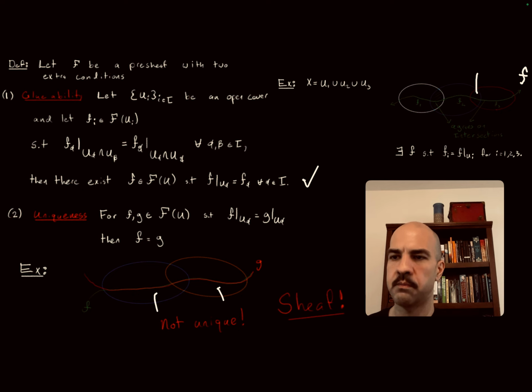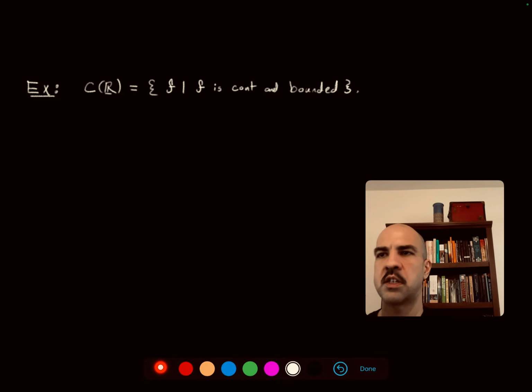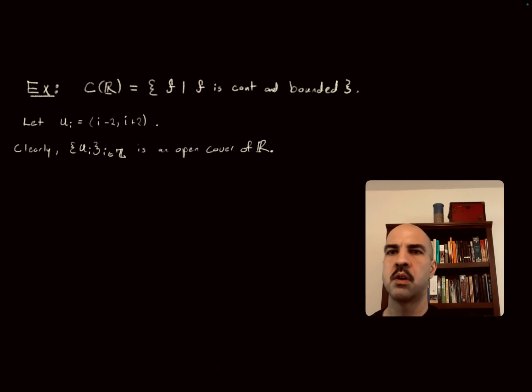And this is a sheaf. We have a pre-sheaf that obeys these two conditions, and then we have a sheaf. So here's an example of something that is a pre-sheaf but not a sheaf. If we look at the continuous functions that are bounded on R, on the open sets to R, well, let's